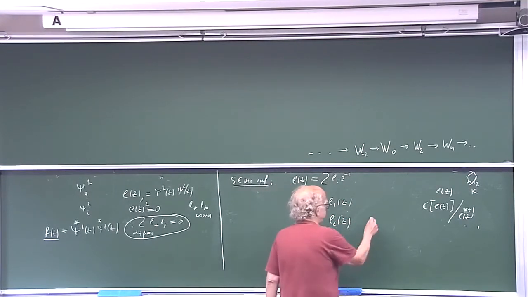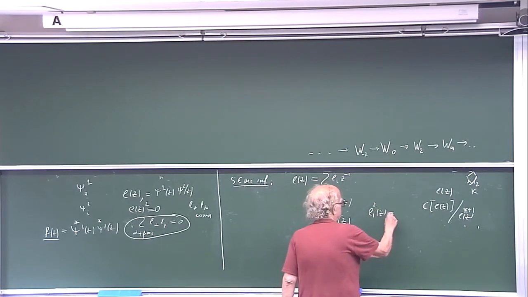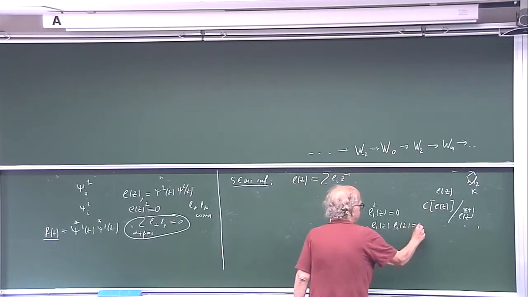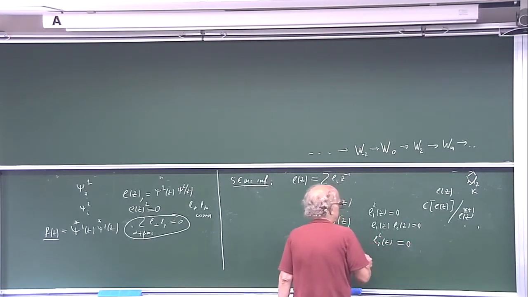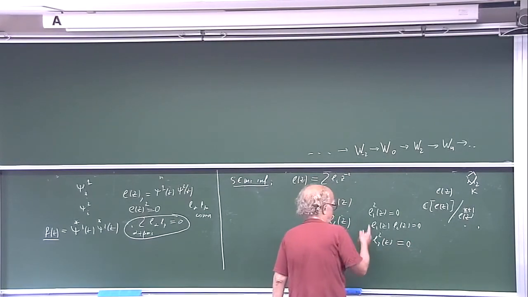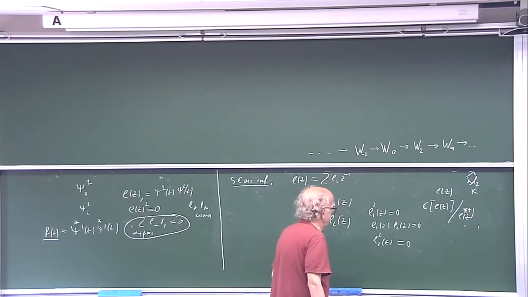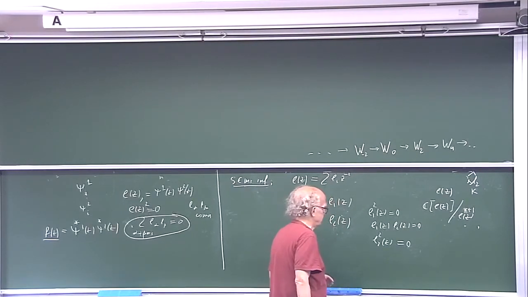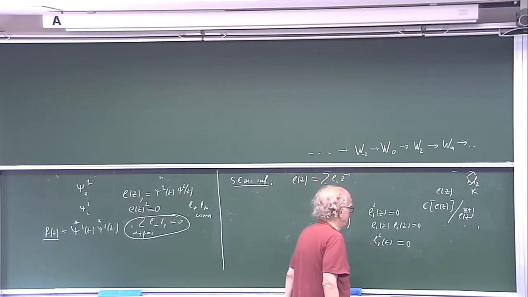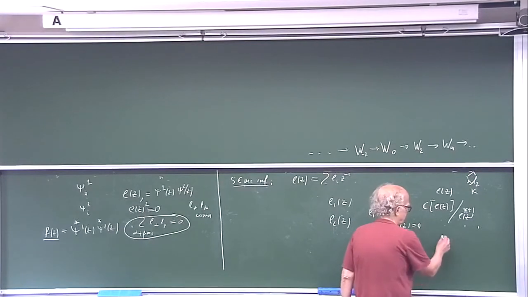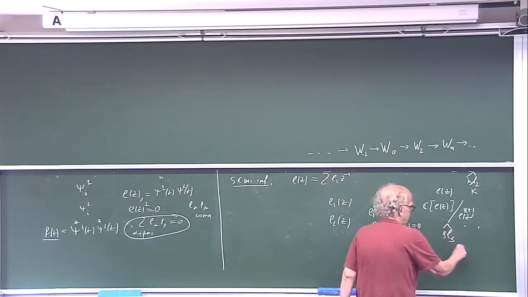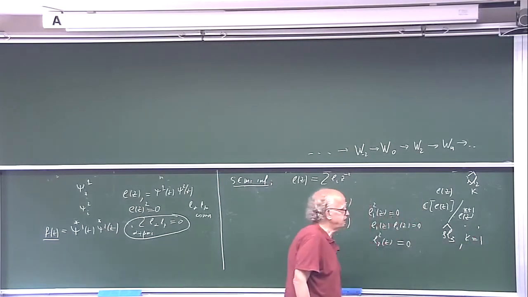And now I wanted to say about only one example: if we take E1(z) and E2(z), and we impose the condition that E1(z) squared is 0, E1(z) times E2(z) is also 0, and E2(z) squared is 0, then we will have now also a commutative algebra, but generators are labeled by two things, 1 and 2, and to make up this construction, in this case, as a result, we get an irreducible representation of SL3 hat, again with k equal 1.